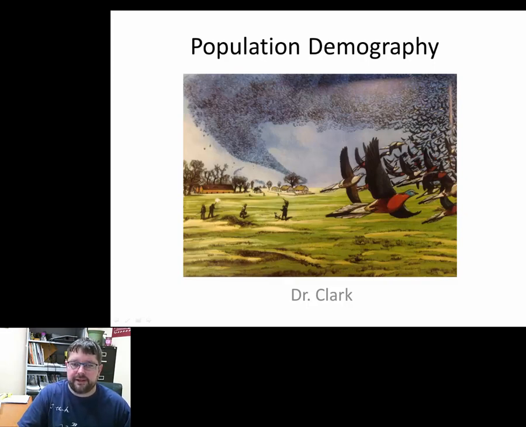population numbers and why we study populations and why we track populations. This is a really good example of the need to know what a population is doing before it's too late. Okay? So this is a picture of the passenger pigeon, and at the peak of the population, they were the most abundant bird in North America. Currently, the red-winged blackbird is the most abundant bird with somewhere around 2 billion